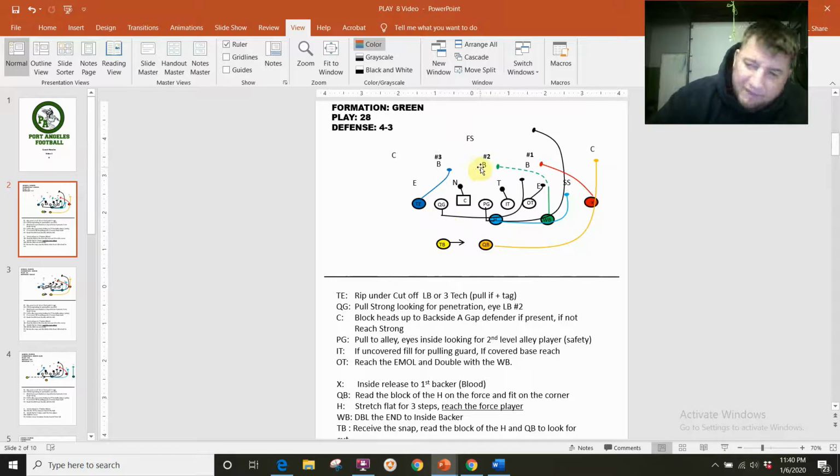Now, if he does not blitz, he's going to keep going, all right? And he's looking to get around the block of the inside tackle who has hopefully washed down the 3 technique or 4-eye, if that's what he has. The inside tackle, by rule, is looking to say,